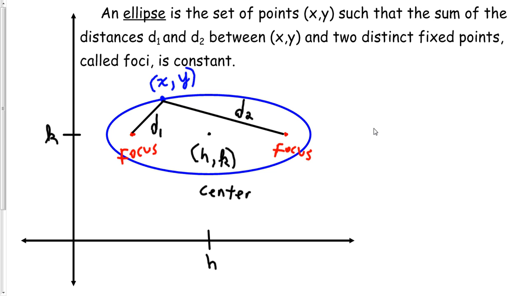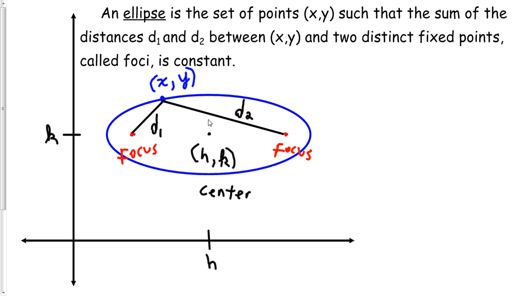Okay, one of the conics we'd like to discuss is called the ellipse. What the ellipse is, it's the set of all points (x, y). Those are the blue points that I have here. I've chosen an arbitrary blue point and labeled it (x, y). So it's the set of all points such that the distances d1 and d2